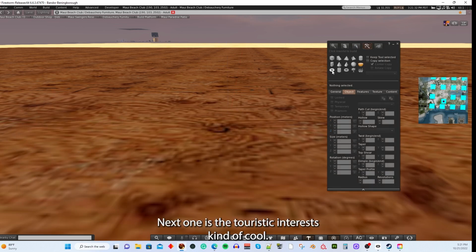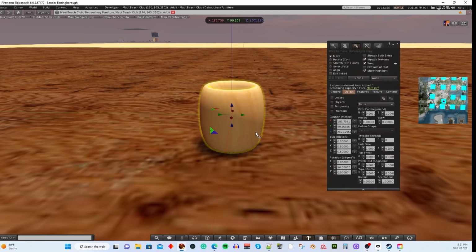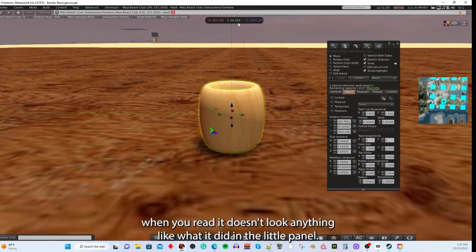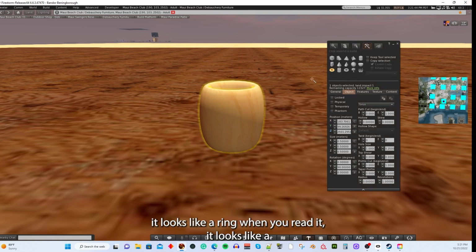Next one is the torus. Okay, torus is kind of cool. And torus is the one that when you resize it doesn't look anything like what it did in the little panel. So if you notice in the panel, it looks like a ring, but when you resize it, it looks like a mug or something. That's because